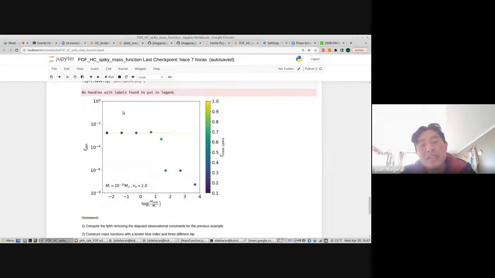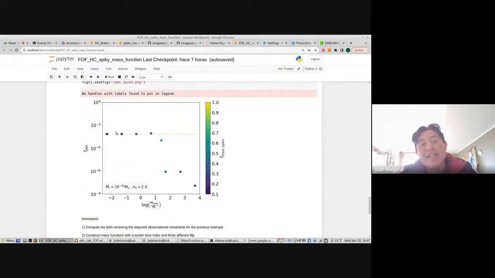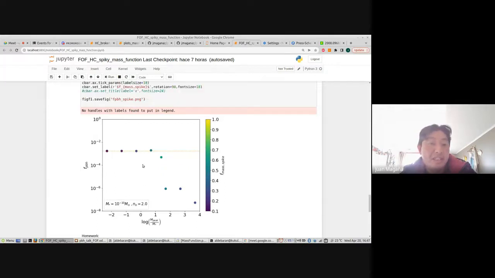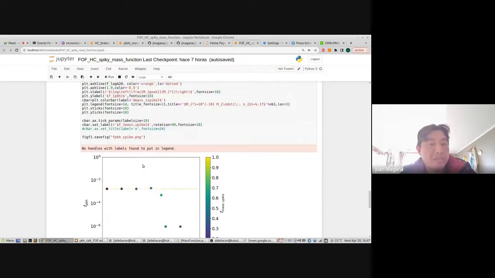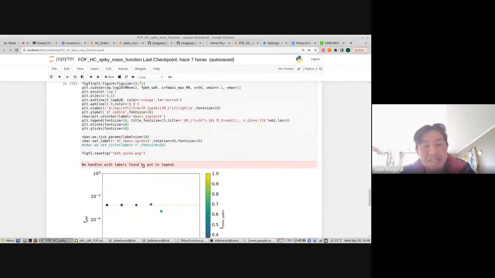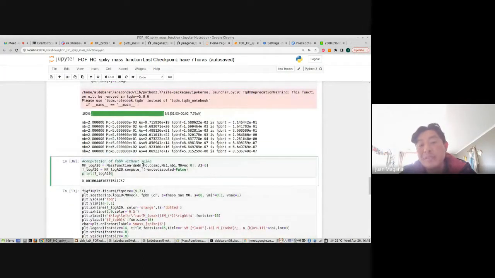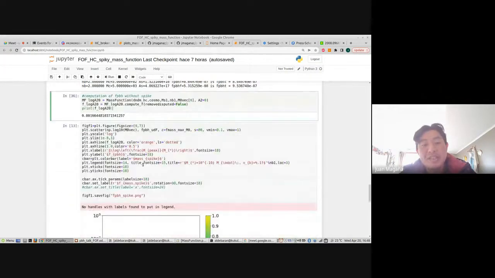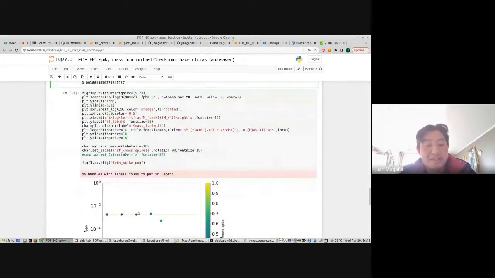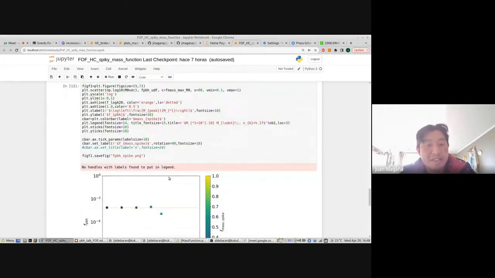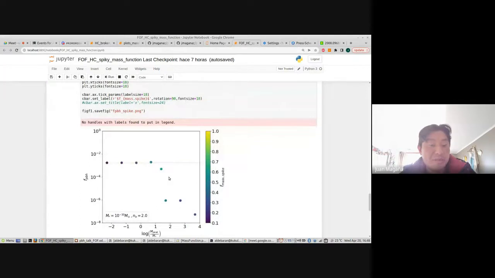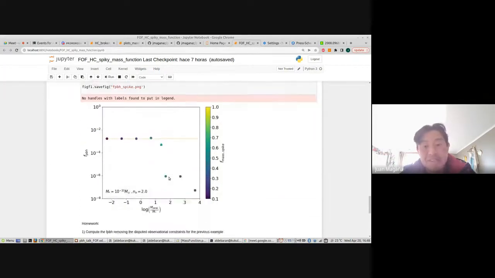And of course, the value of f_PBH can increase or decrease depending on the blue index, the position of the peak, and also on M star, the characteristic mass. You can explore how these points change depending on the values of the free parameters.